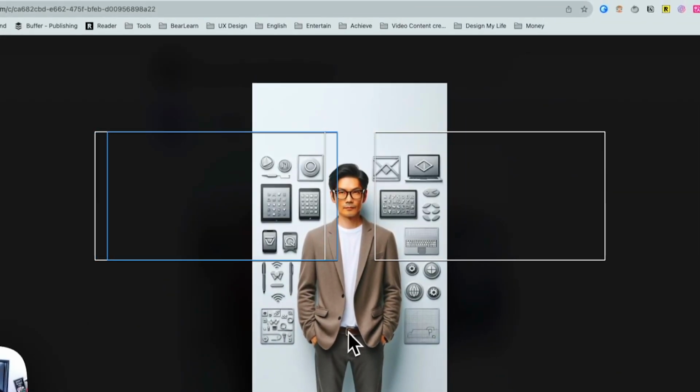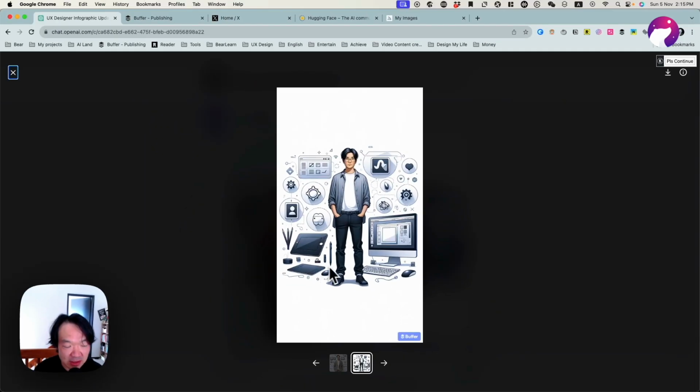This one shows me all the tools in the background, quite like some toys, right? You can pick things up and put them together. And then I have this one with a little bit of an illustrated style, and it's actually more accurate than the previous one, because on this one I can see an iMac, welcome, what's that called, sorry, I totally forgot, and other tools, and even a browser.